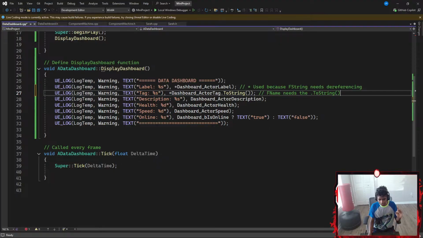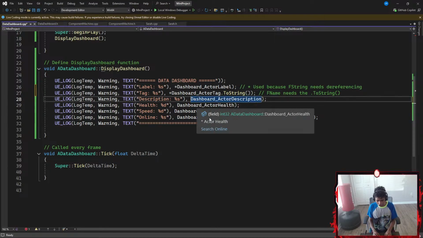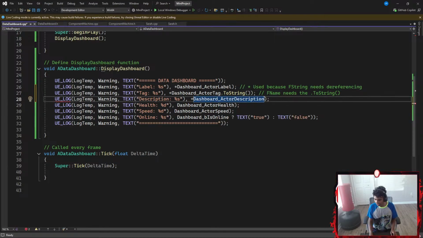And then for my description, let's say FText needs .ToString first as well. And I'm assuming I gotta add an asterisk for dereferencing. Let's go with something like FText needs the ToString method as well.